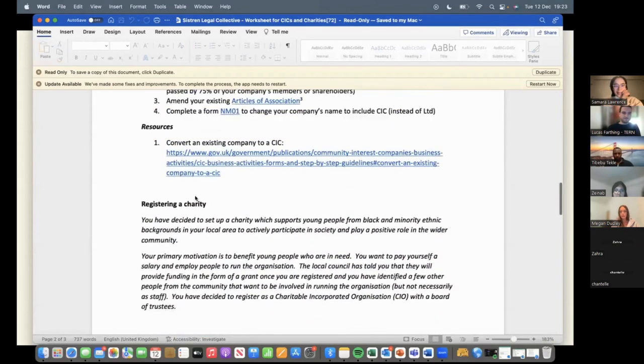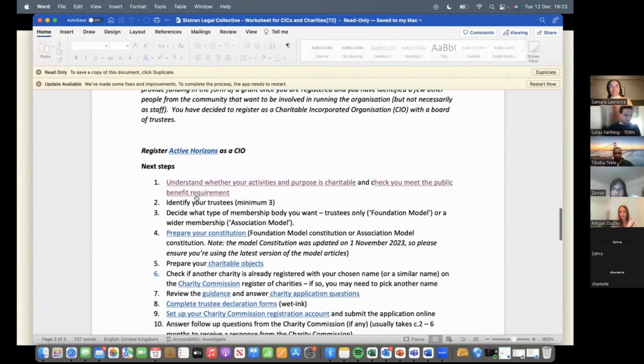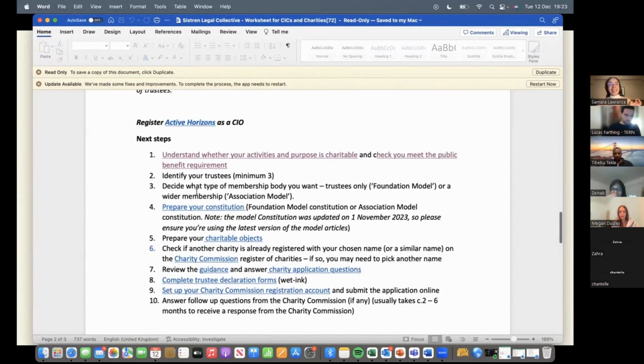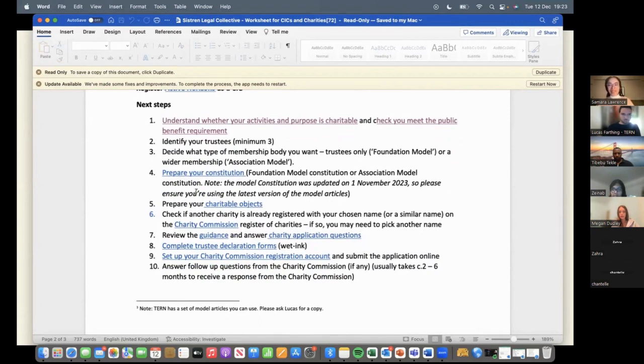Yeah. You can, great. So this is the worksheet that we have pulled together really just to help people with the process, because obviously when you walk away from this session, you might probably forget everything I've said. So everything you need to set up a charity, all the steps in order, are on this worksheet. And so I'm going to go through just some of the key aspects of it. So you come to the idea that you want to set up a charity. And I think I mentioned the first thing you need to understand is what your charitable purpose is. And that's the underpinning of your organization.